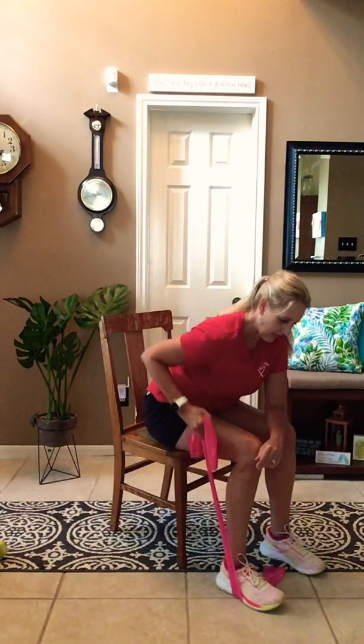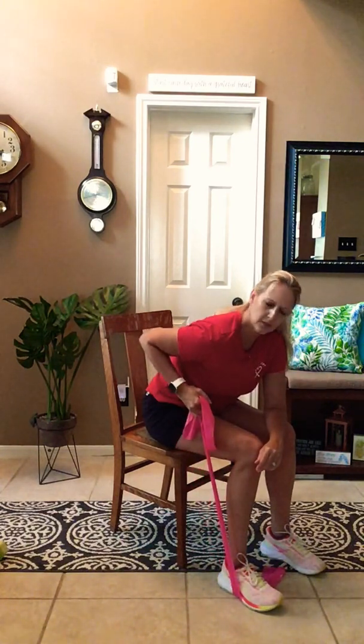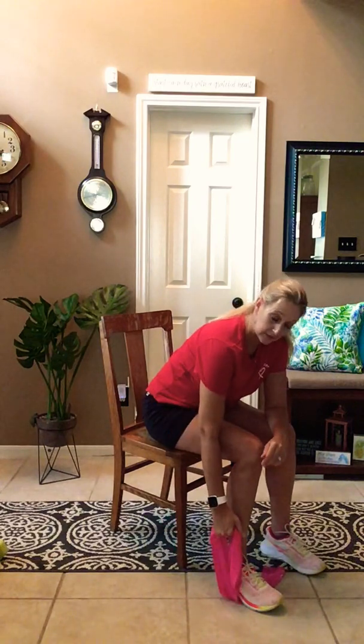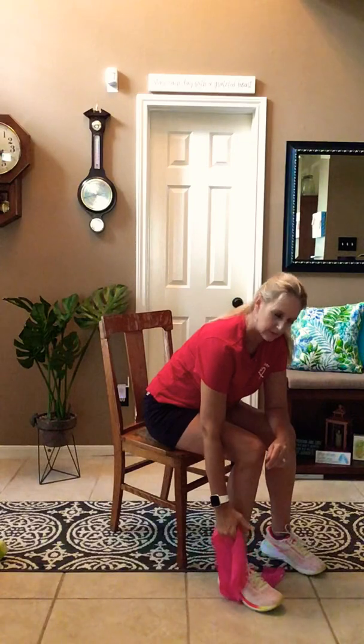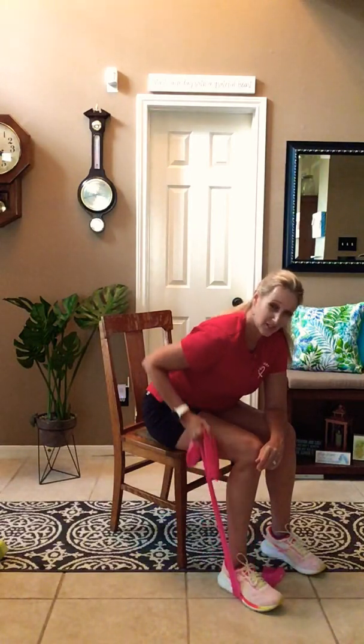Lift and lower. Now you're probably thinking, I can do this with weights. And you certainly can. But we are using the band for this, so we can work those little tiny muscles inside your shoulder. Think of this more as therapy. Keeping the mobility of your shoulder is really important. And the band does a great job of allowing us to work all those